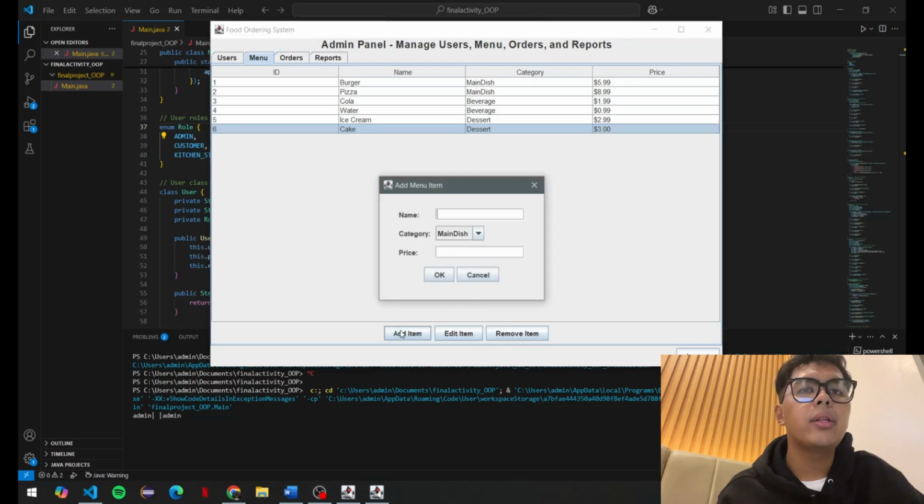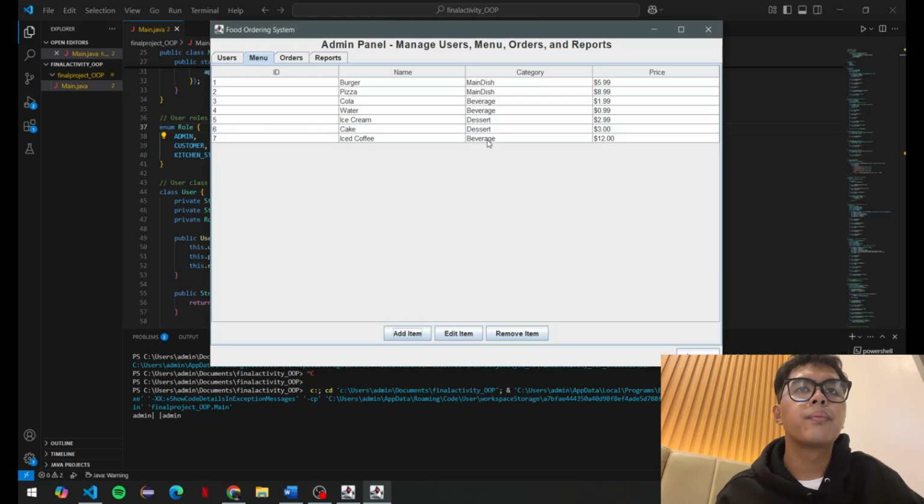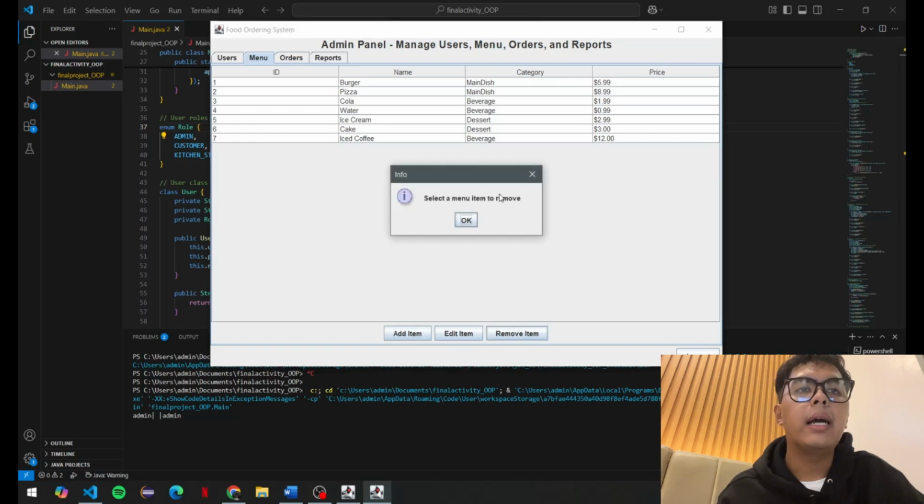And let's try to add item, ice cup. Here we added a new item on the menu successfully, and let's try to remove item.